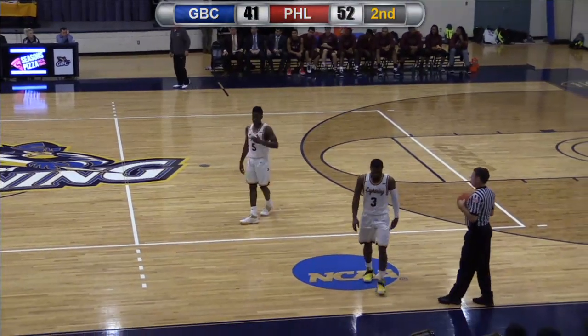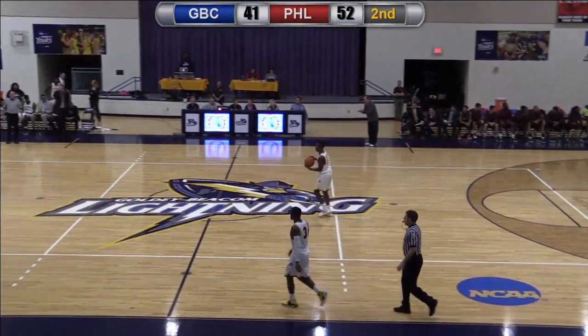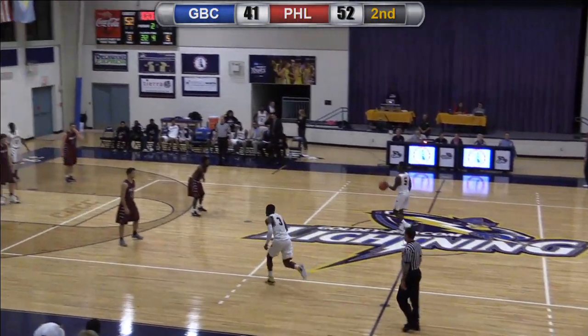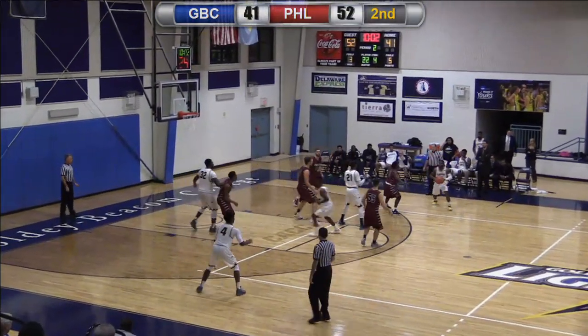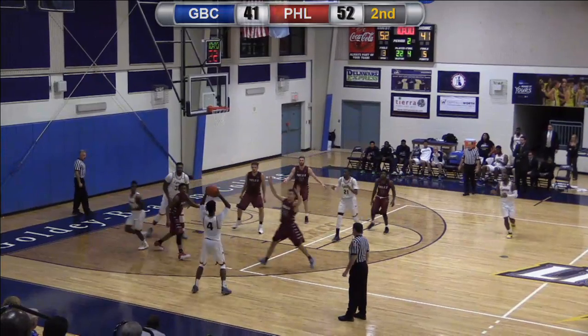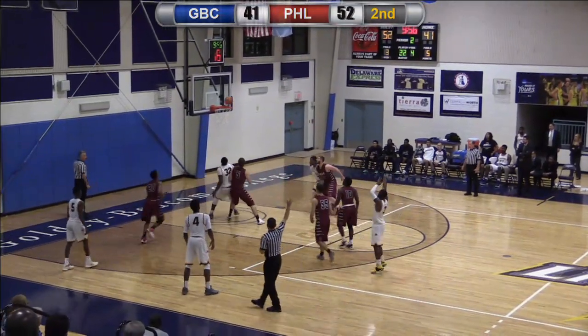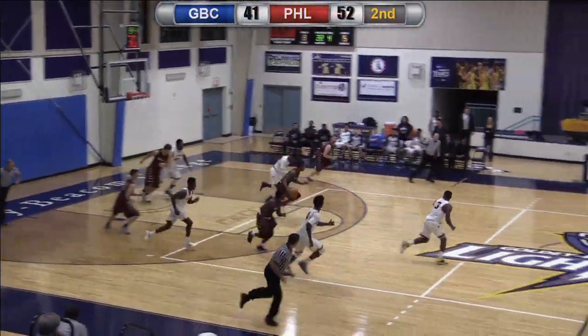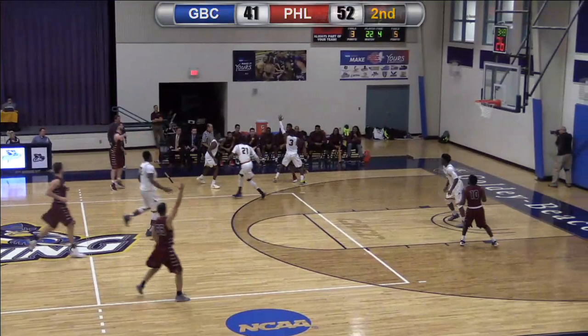So 10:08 to go, belongs to Goldey. Goldey has to make the move, I think, right now, to get this game back into a 6 or 7-point game, make a couple baskets, and there's Ridgeway Higgs. That's the one I wanted. He doesn't make it though. Randolph, Kason Randolph,